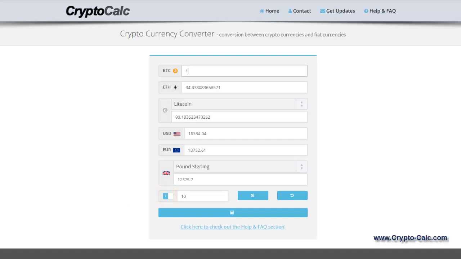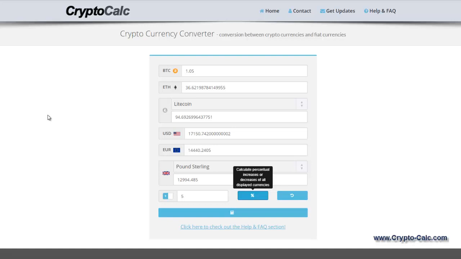You can perform different percentage calculations after each other, and each percentage calculation will be based on the initial currency values you used for your very first percentage calculation. For example, if you started with a calculation of 10% increase of the value of one Bitcoin, you will see a result of 1.1 Bitcoin. If you now type 5 in the percentage box, and again click the percent button, you will see 1.05 Bitcoin, because the calculation is performed on the initial value of one Bitcoin and not the value of the last calculation,